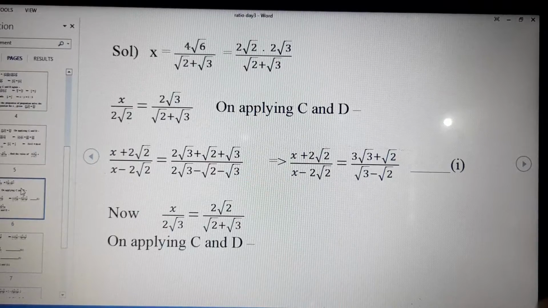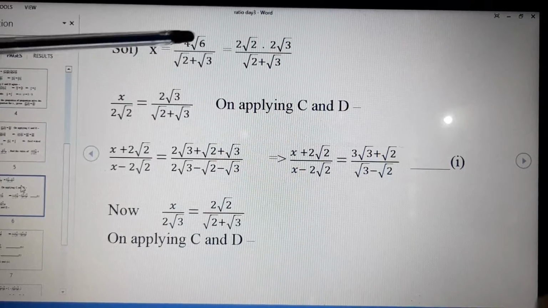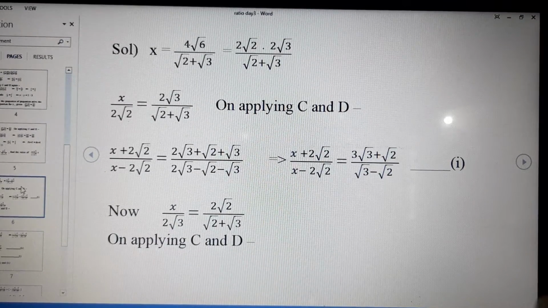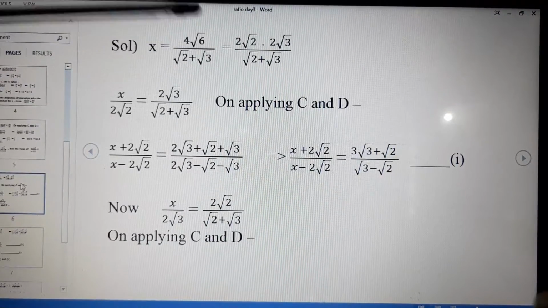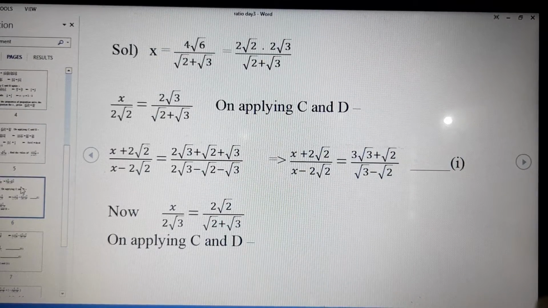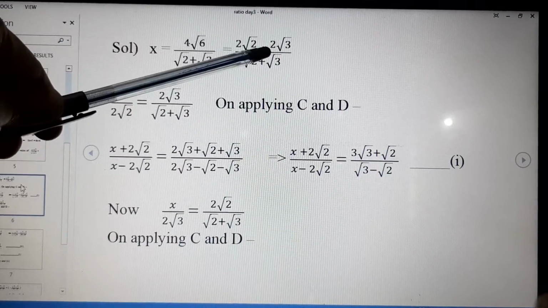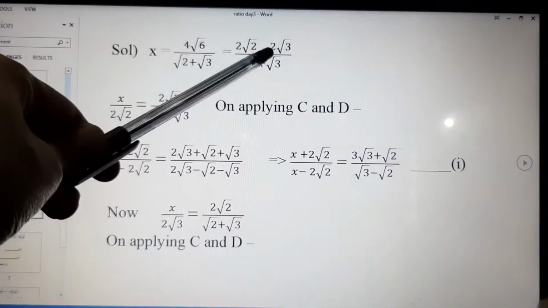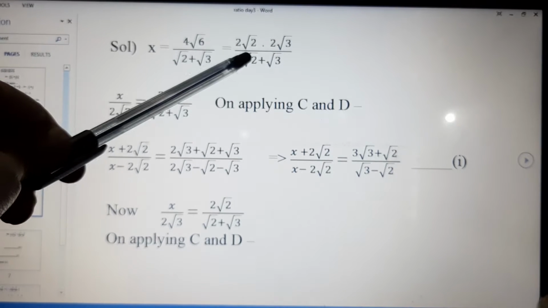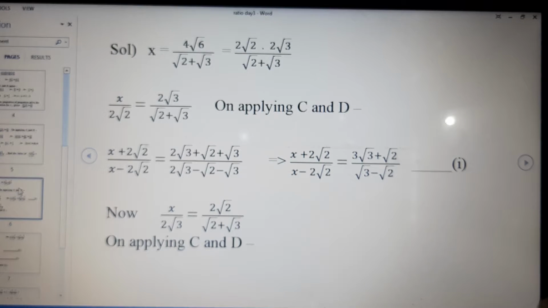Fine. We'll start with the information which is given. It was given x is equal to 4 root 6 divided by (root 2 plus root 3). Now this can be written as: 4 can be written as 2 into 2, and under root 6 can be written as under root 2 into under root 3. If we rearrange them, we can write them as 2 root 2 into, this dot means multiply, into 2 root 3. If you multiply, you will get the same thing. 2 2s are 4 and root 2 into root 3 becomes root 6. So we can split 4 root 6 into 2 root 2 into 2 root 3.